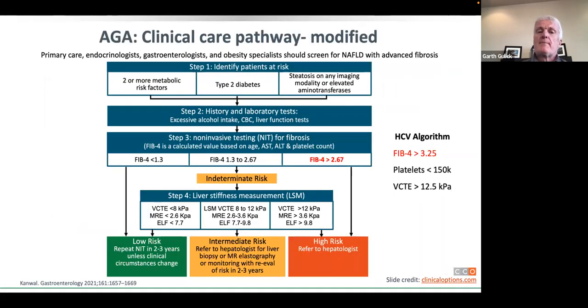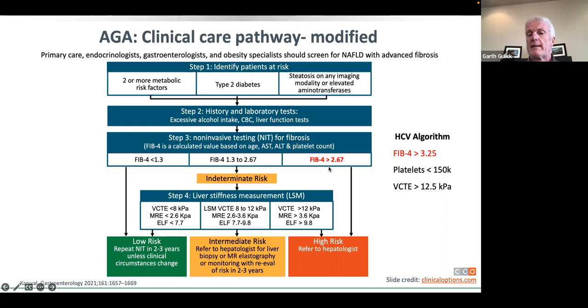So last year, the American Gastroenterological Association came out with this pathway. And I included this because it was easier to follow. And I believe these slides are available for anybody to reference later. And I'm certainly happy to share my slide set with anybody. And I highlighted the fact that